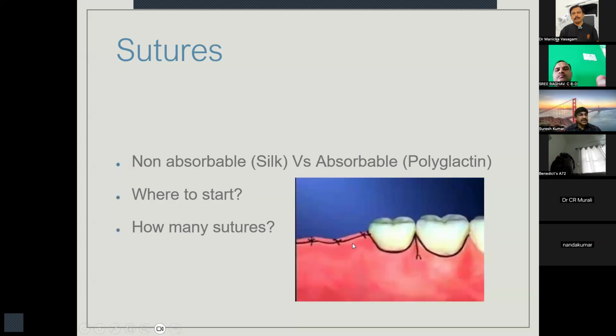So however many sutures you make, remember the wound is going to heal in 7 to 10 days' time. So the number of sutures does not matter, but every patient is very curious. They will ask you how many sutures you have done for them. They will get frightened if you say 5 or 6 sutures, but you tell them enough sutures are made to make the wound heal within a week's time. That's all. If they're very particular, you can tell them I have made 4 or 5. It's not a problem.